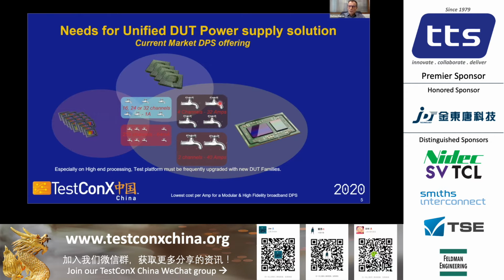You also have available on the market some DPS instruments or dedicated external amplifiers that can be ganged together. They offer 32 to 40 amps, and ganging them together, you will fulfill the requirement for the 100 amps, 200 amps needed for high-end processors. So the sensor market will be covered by high channel count, low current. Microcontrollers are covered by middle range DPSs and high channel count boards, while high-end processors are covered by high current amplifiers and sometimes middle range amplifiers and